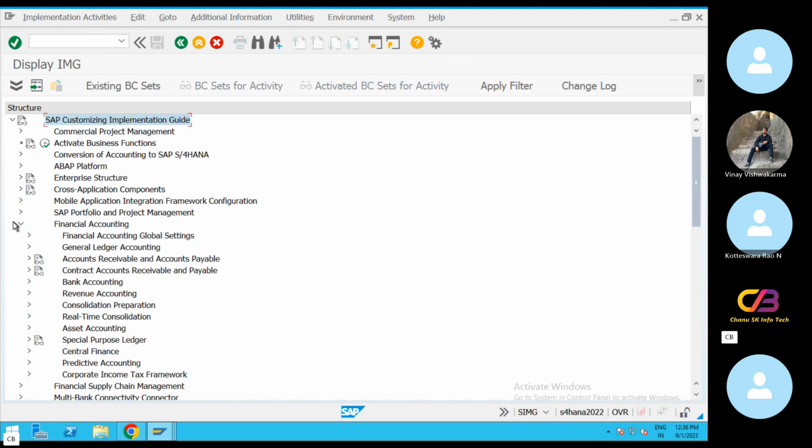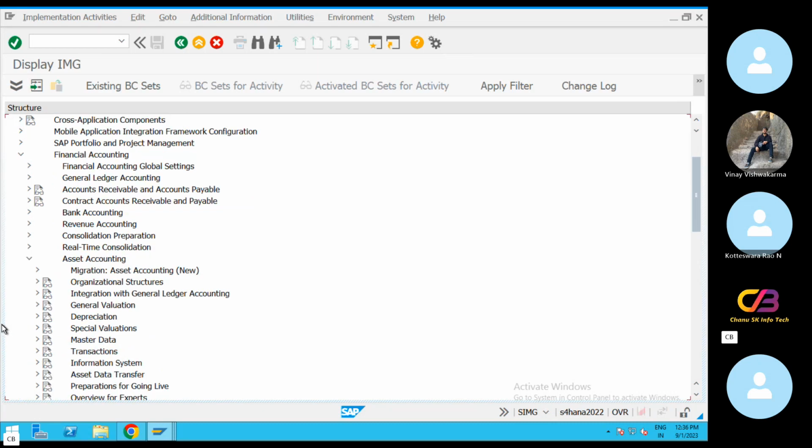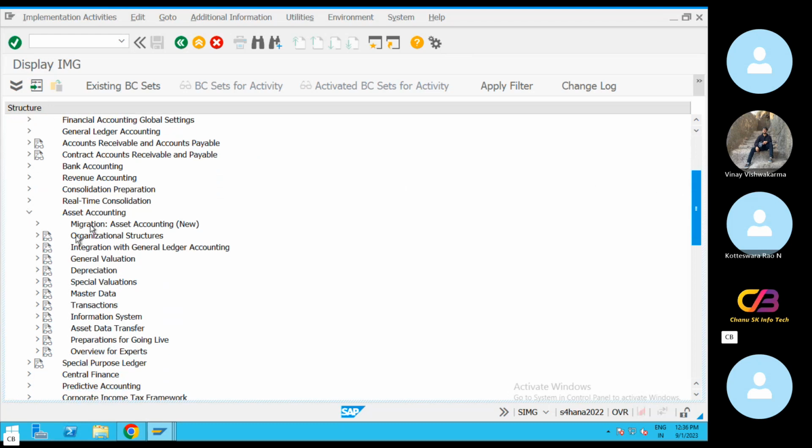SAP FI, financial accounting, asset accounting. Okay. Here you will see asset accounting, organizational structure,